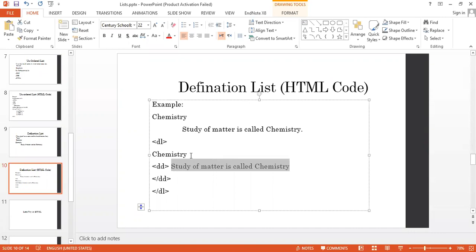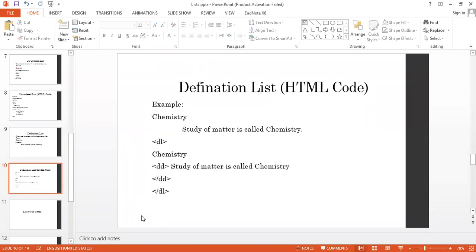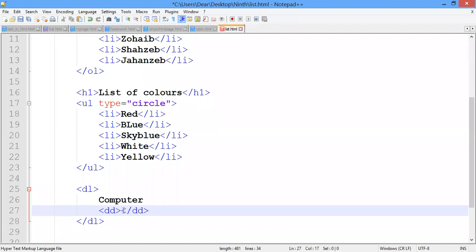For suppose here I have written chemistry, and then you have to write down the study of matter is called chemistry. You have to write down the definition of this topic. So I am copying this one. Just write down the definition of computer.